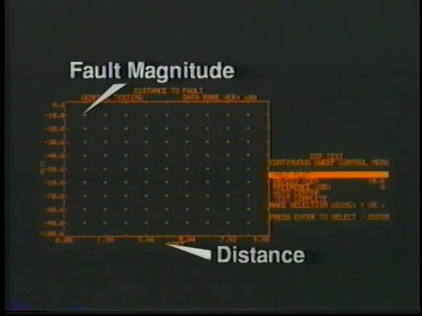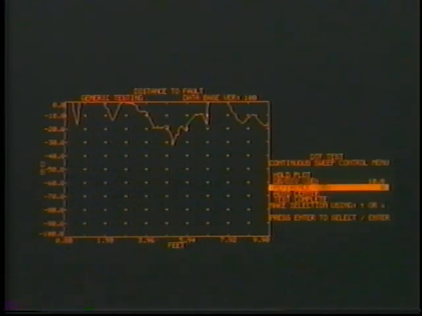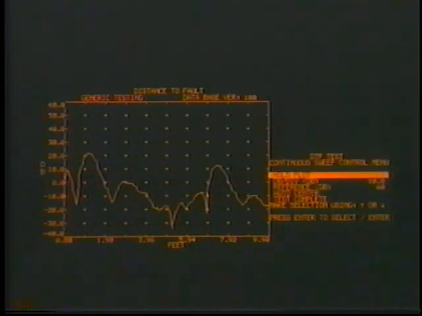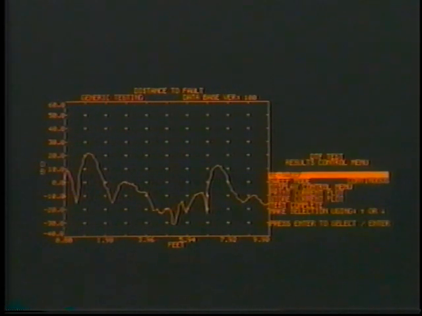A graph appears on the display, with the continuous sweep control menu to the right. The graph plots distance on the x-axis and fault magnitude on the y-axis. Once the sweep has been plotted, select Auto Center and Hold Plot. The distance to the fault will be identified with a cursor and displayed in the bottom right corner of the